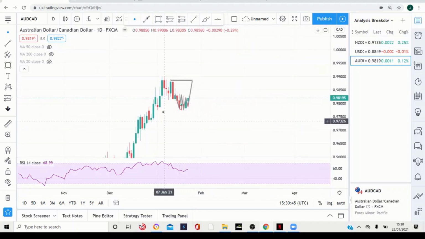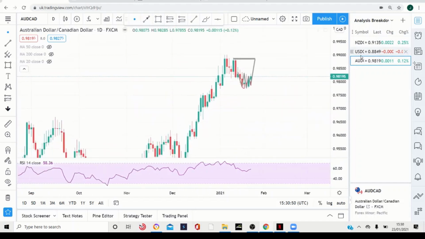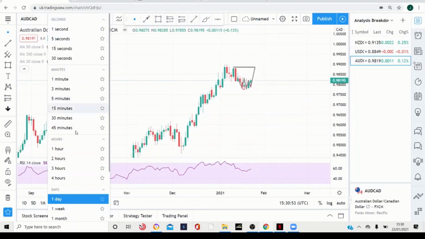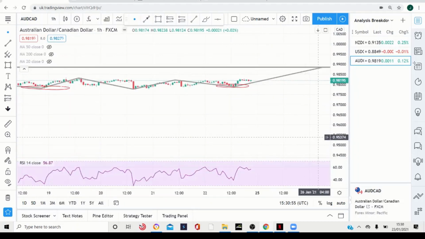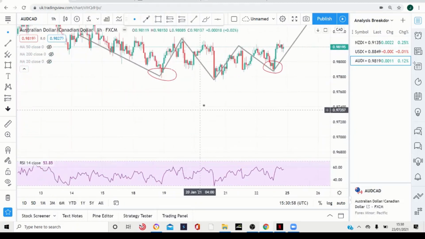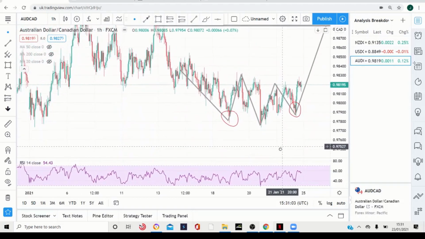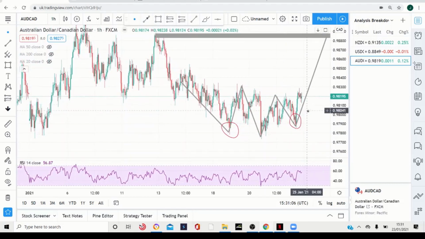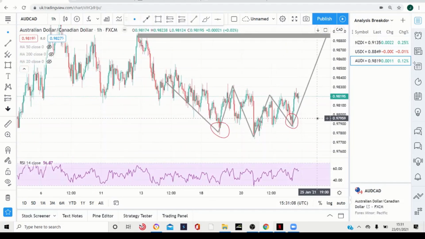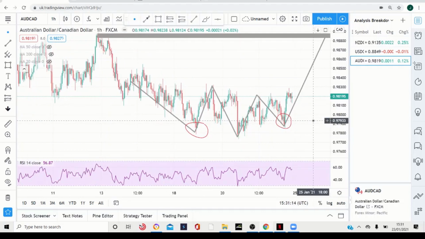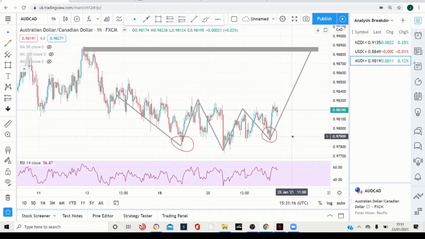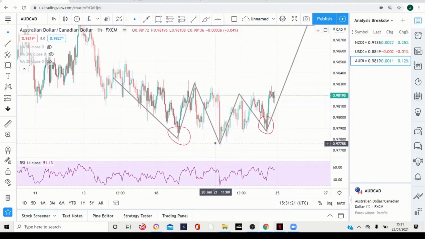As you can see, we have a nice little pullback in and around 97.74. But what I like about this pair, even though it looks so rangy on the smaller time frame, what I respect about this pair, guys, is that I'm seeing a trend reversal, right? What makes this pair look very interesting to me is that you have a sign of a reversal pattern here, where you have your head and shoulder